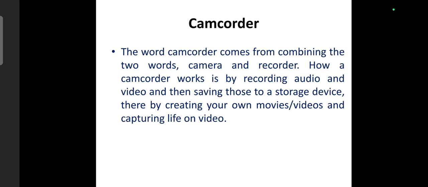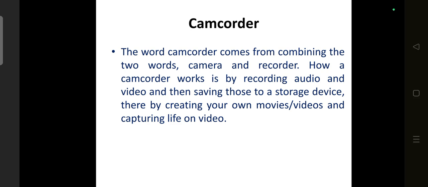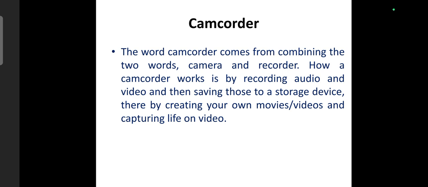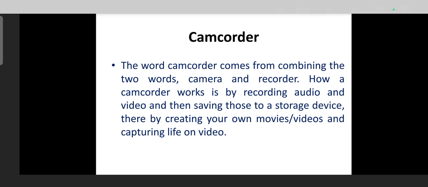The word camcorder comes from combining the two words camera and recorder. How a camcorder works is by recording audio and video, then saving those to a digital storage device, thereby creating your own movies or videos and capturing life on video. So this is what we need to know as the basics about camcorder. It is closely related with